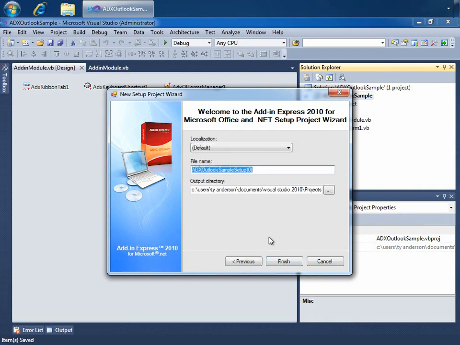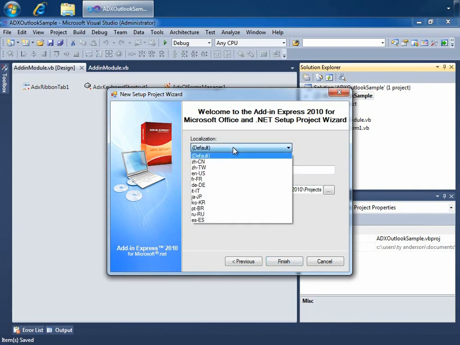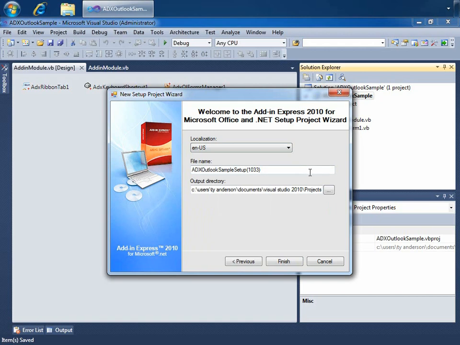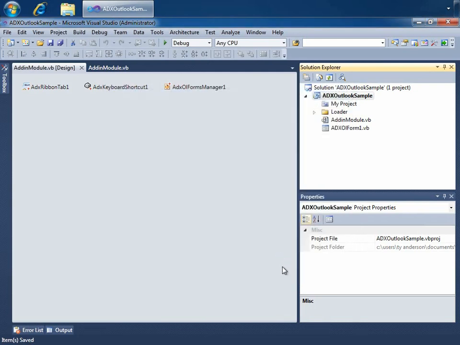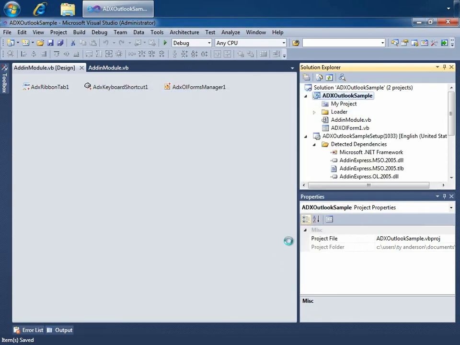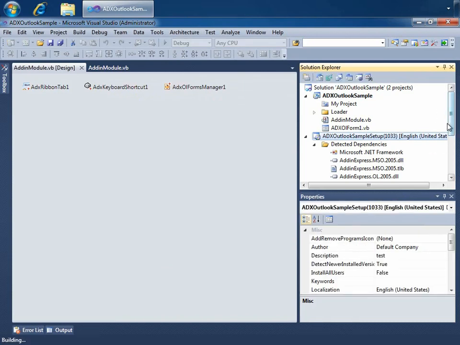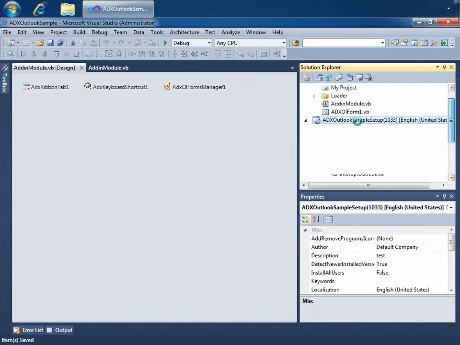Say next. In terms of localization, which is a great feature, it makes it easy to do, but I'm going to use English US. I'll leave the file name as the default and the output directory at the default as well, and click Finish. And now what ADX will do is go ahead and create that setup program and add it as part of the solution,